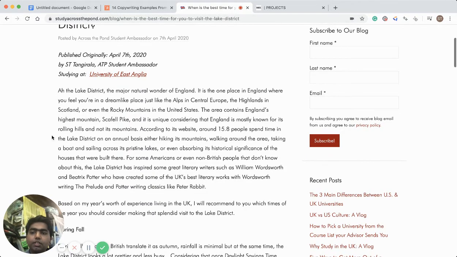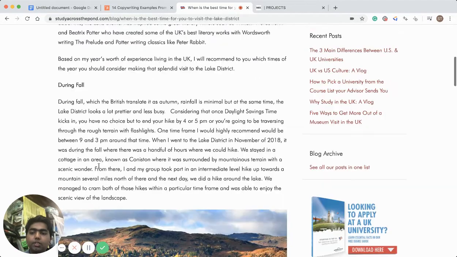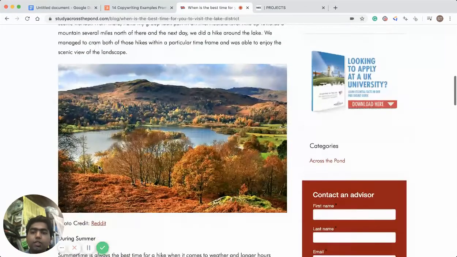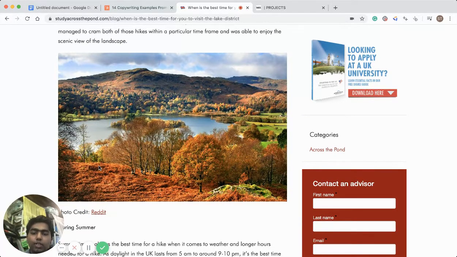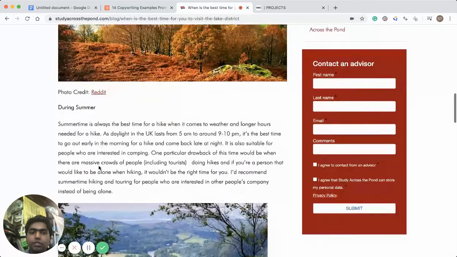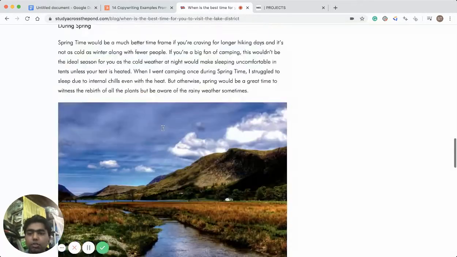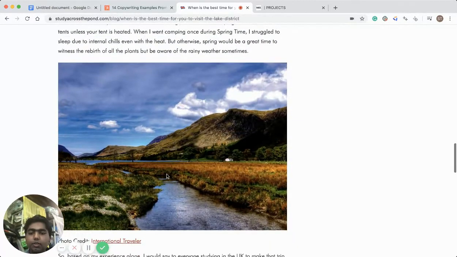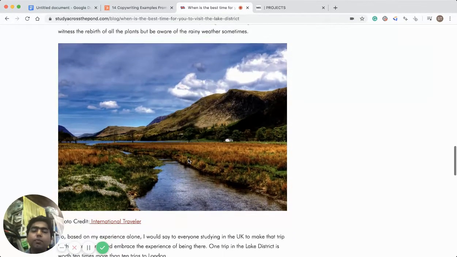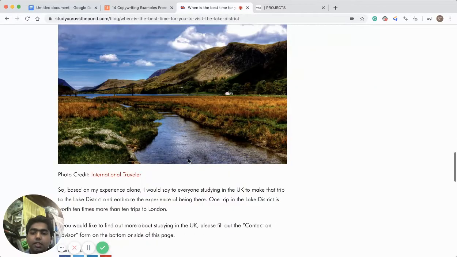And if you look at this post right here, it's all about giving that information, giving out my personal experience, and the awareness and interest about what the area of the Lake District is like. This is pretty lengthy, with all the visuals and imagery trying to get that interest among the consumer. And so